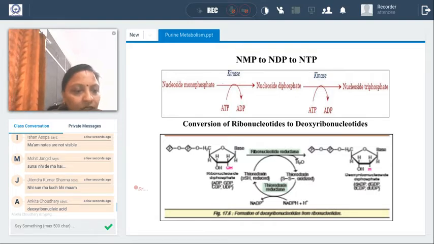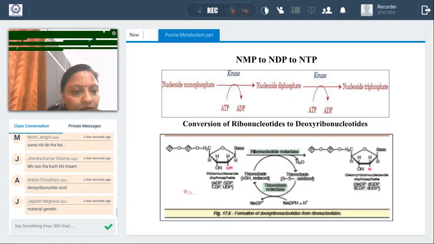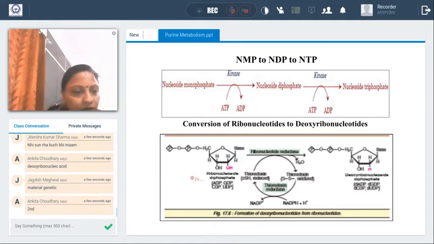Yes, what is deoxy? This DNA represents deoxy. On which carbon is oxygen absent? Which carbon? Yes, the second one, C2, right. There you can see the